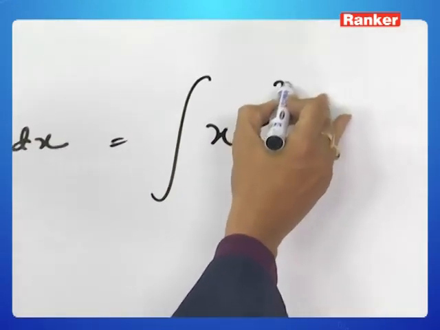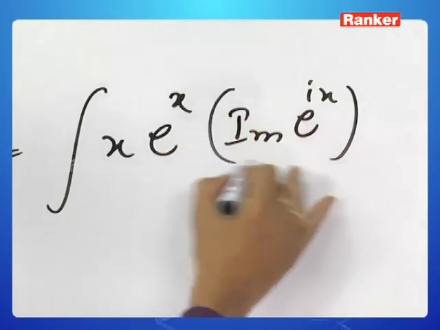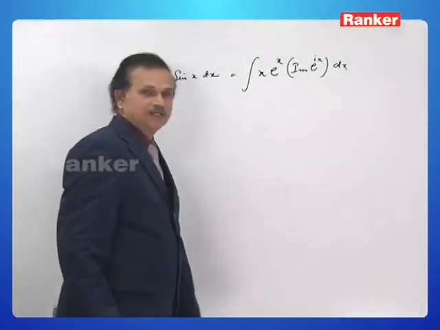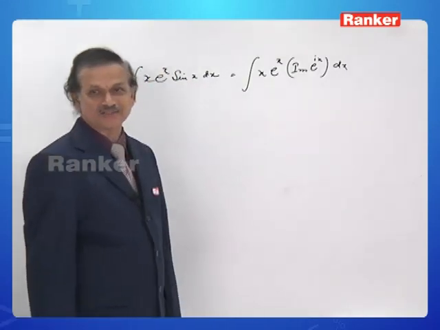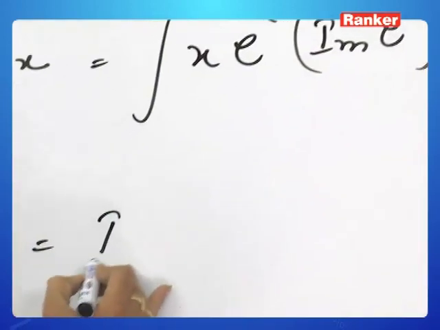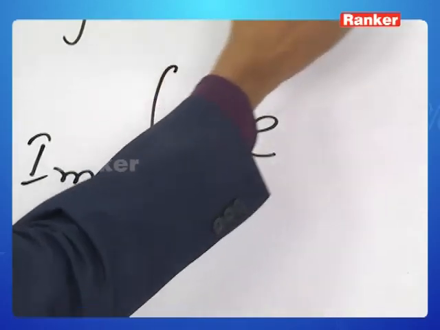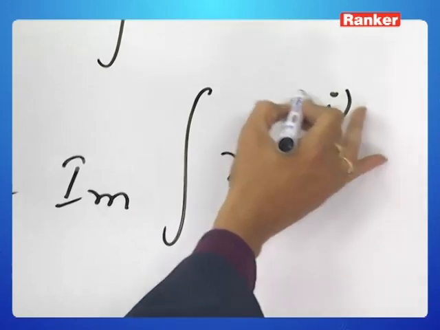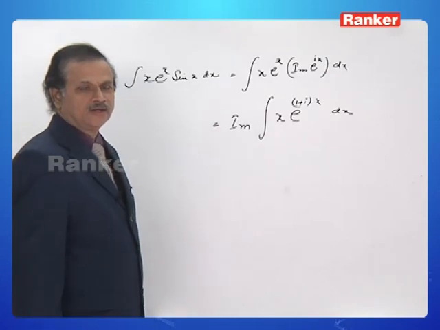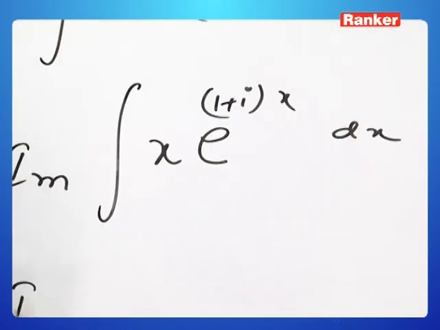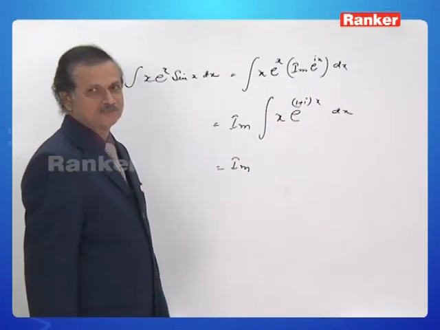x into e power x into imaginary part of e power ix. I think you could have observed, in the place of sin x, I have written imaginary part of e power ix. So that it is imaginary part of integral of x into e power x plus ix, that is 1 plus i into x dx. Okay, this is equal to imaginary part of x into e power (1 plus i) x,